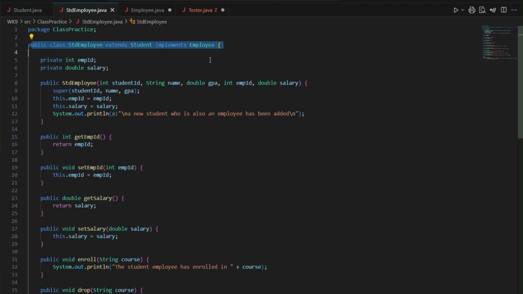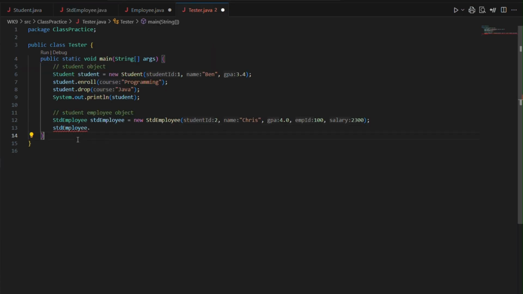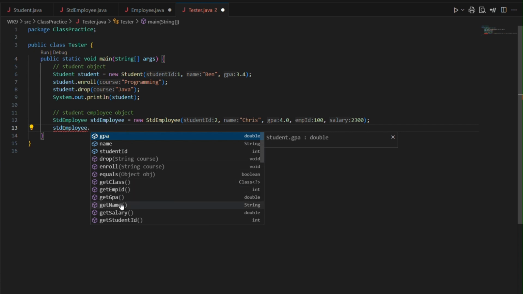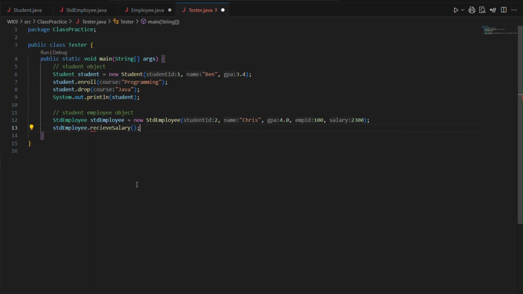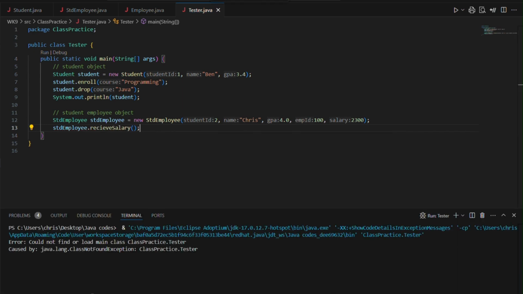Extend Student and implement Employee. So here in the tester, we have access to every one of these methods. If we want to do receive salary, we have it there. So once you run it,